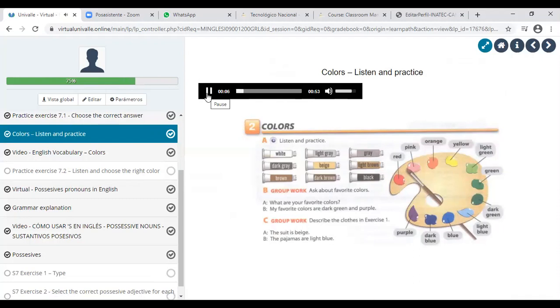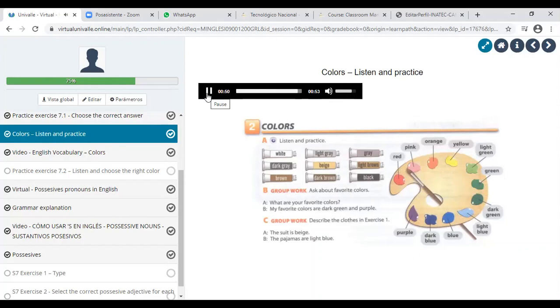Colors. White, light gray, gray, dark gray, beige, light brown, brown, dark brown, black, red, pink, orange, yellow, light green, then we have green, dark green, light, light blue, blue, dark blue, and the